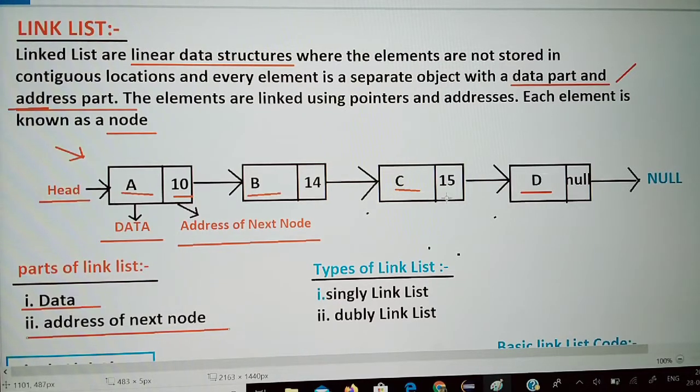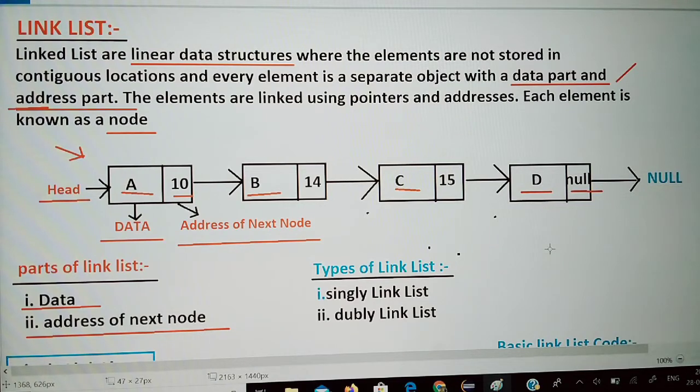You can see that in the d node it is written null. Why is it written null? Because it is the end node, called the tail node. D is the tail node, or last node, and because it is the last node, it doesn't have any next value, so it doesn't contain the address of a next node.